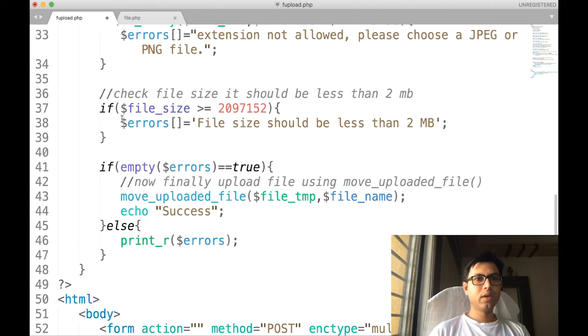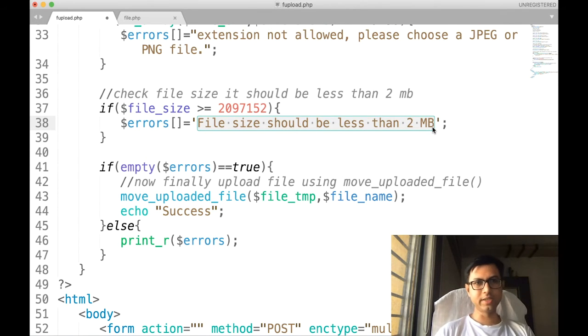So if the file size is greater than this many bytes, that is 2 megabytes, then it is not a valid file. That means if the file size exceeds this, the file is not valid, and it limits the file size as specified by the website designer.